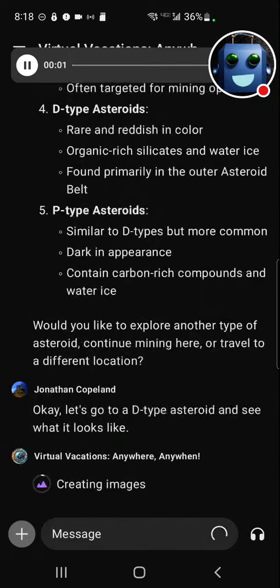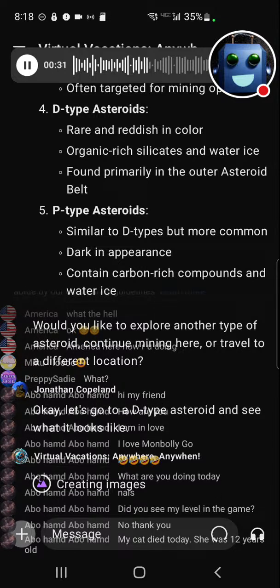The computer provides a summary of the different types of asteroids in the asteroid belt. 1. C-type carbonaceous asteroids comprise about 75% of known asteroids, rich in carbon, dark in appearance, contain clay and silicate rocks. 2. S-type silicaceous asteroids make up around 17% of asteroids, composed of silicate materials and nickel iron, brighter than C-types. 3. M-type metallic asteroids, composed mainly of nickel and iron, known for high metal content, often targeted for mining operations. 4. D-type